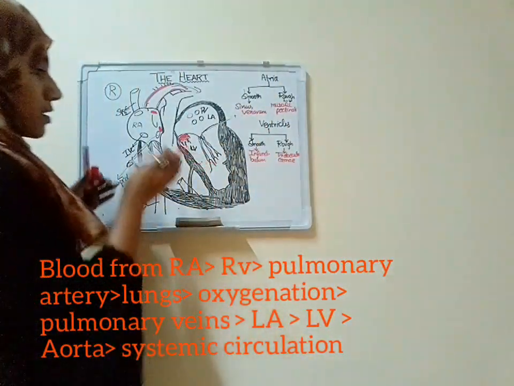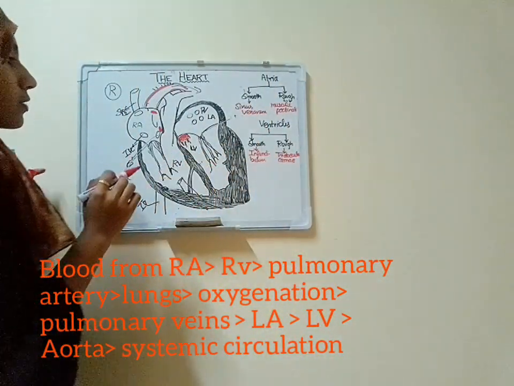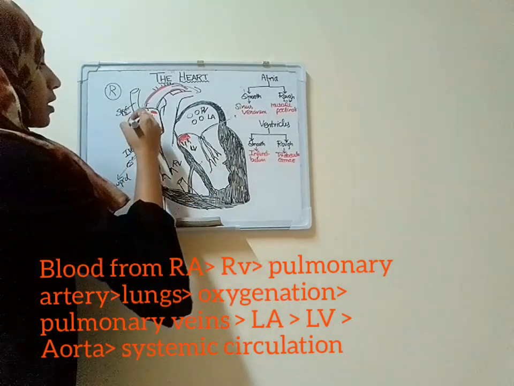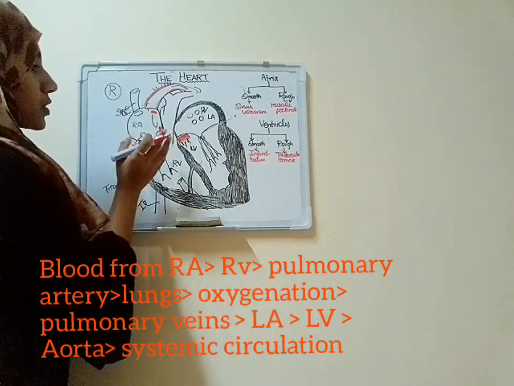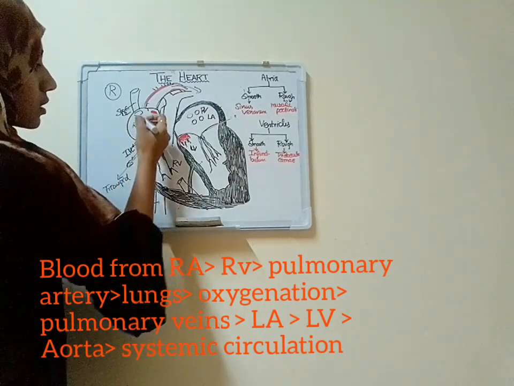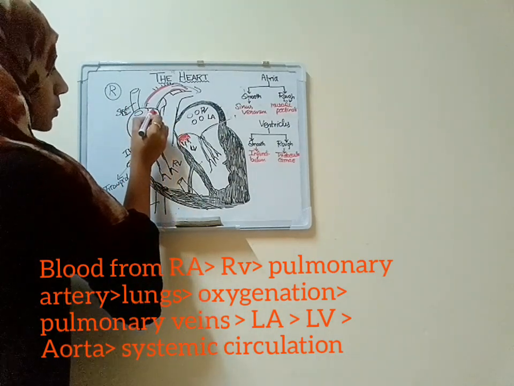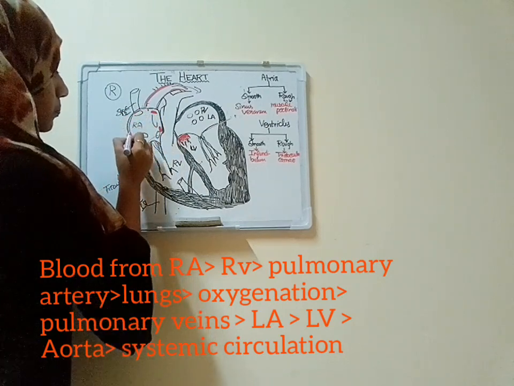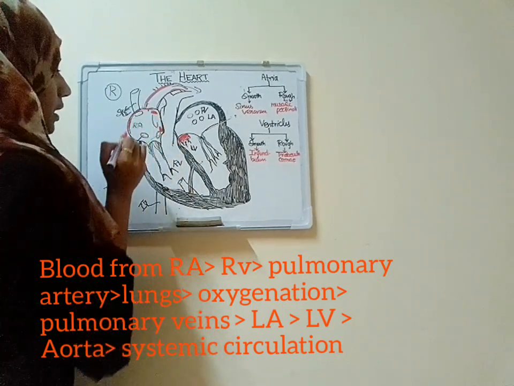So, in the atria, the sinus venarum and the musculi pectinati are separated by a layer called the crista terminalis. As you see, this is half of the heart, a transverse section of the heart. The rough surface is usually the anterior surface of the heart, and this one which I have drawn here is the smooth surface of the heart. This one is separated by something called the crista terminalis.